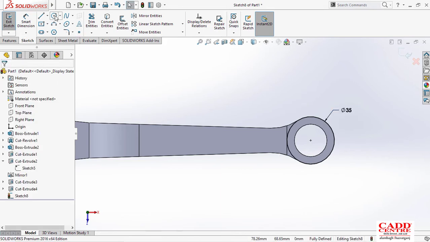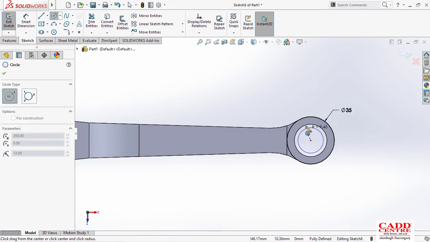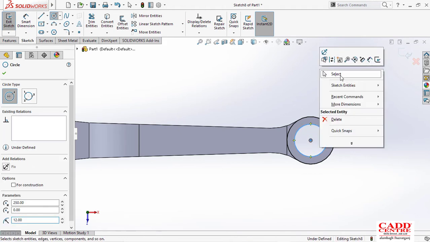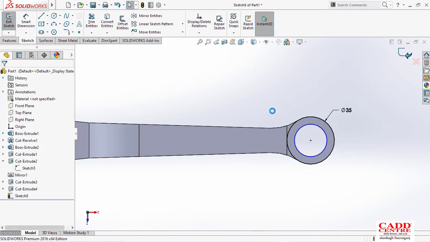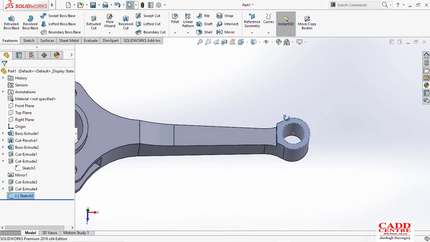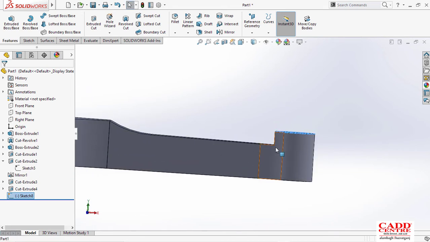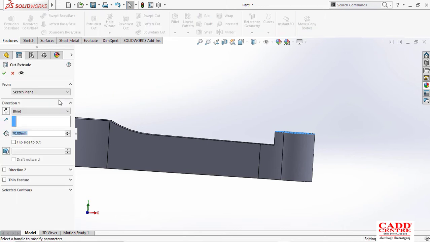Okay, after that just trace this one also, because if you don't, the whole circle will be deleted. So I'll trace this one, and now I'll extrude cut up to that face, or that vertex, which will give me the result which I wanted.